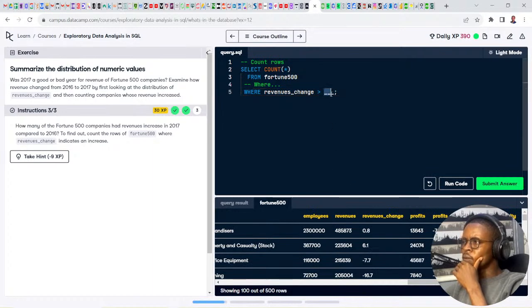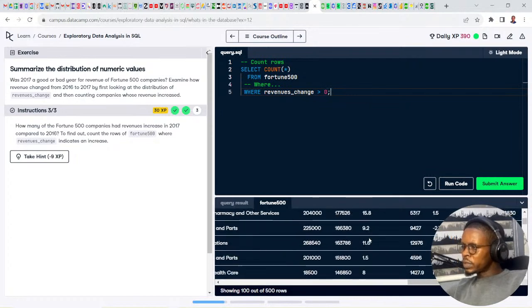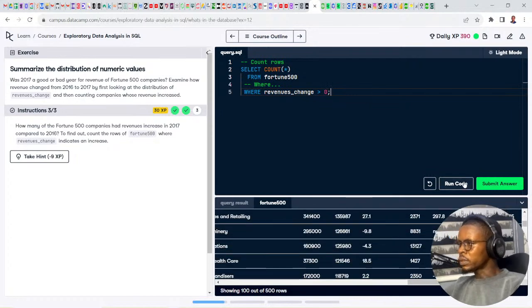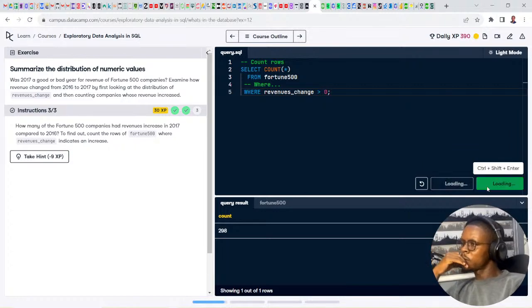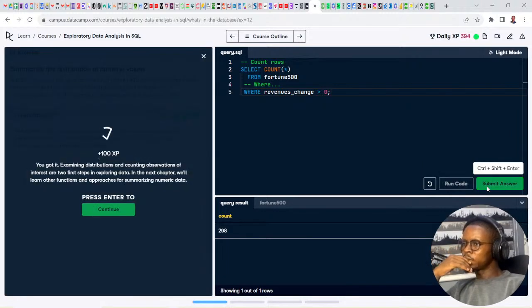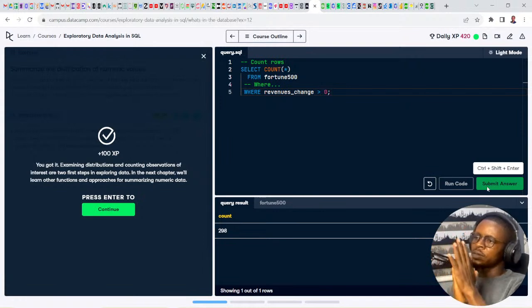Okay, an increase is greater than zero because some of the values there are negative decimals. Okay, let's run that. We have 298. Let's submit that and see. And boom. You are correct.